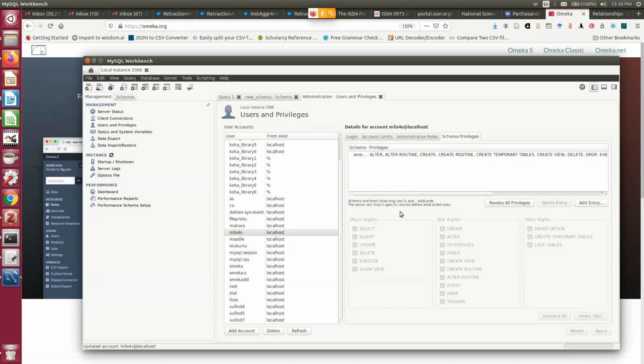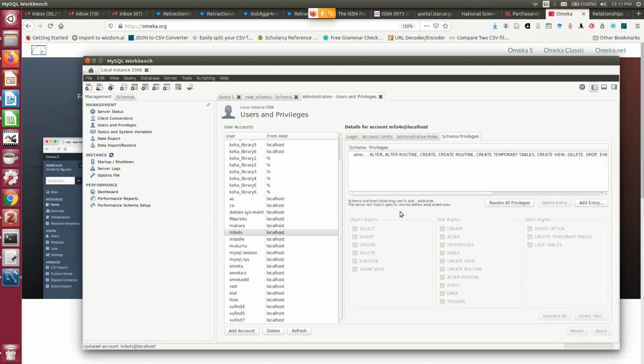This is a LAMP-based architecture project, and this is how you can install it. You download the package, unzip the package, and place it under var www html, that is called the web server document root. Change the mode to 777 so that it is readable and writable by the web server. Then come back to MySQL, create a user, create a database, and give the user permission on that particular database.